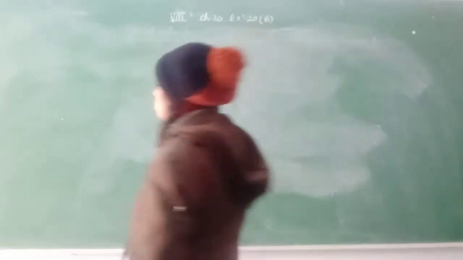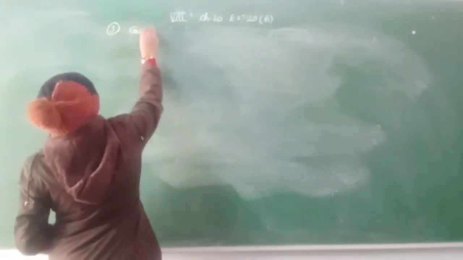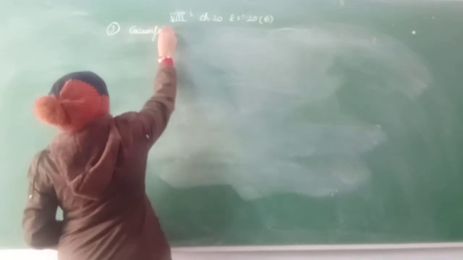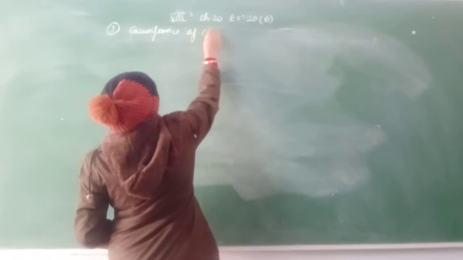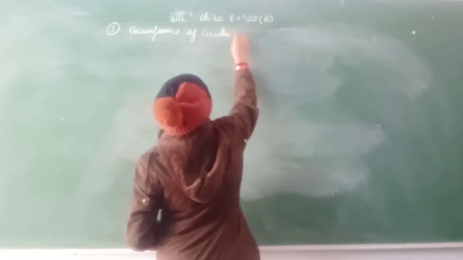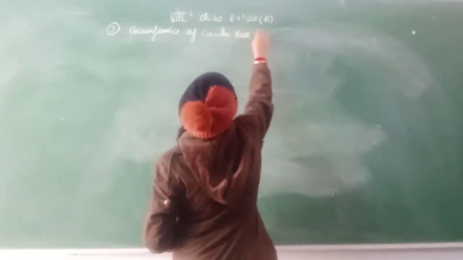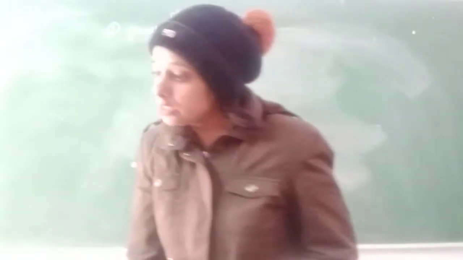The question number 3: find the volume of the cylinder given the circumference of the base. As you know that circumference means the perimeter of the circle. Okay, circumference of the circular base. Your base of the cylinder is circle in shape. So that is already given, that is 176 centimeter.